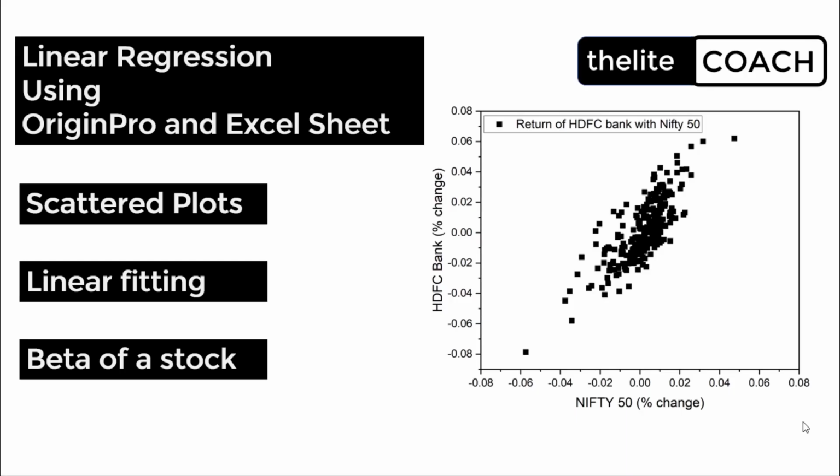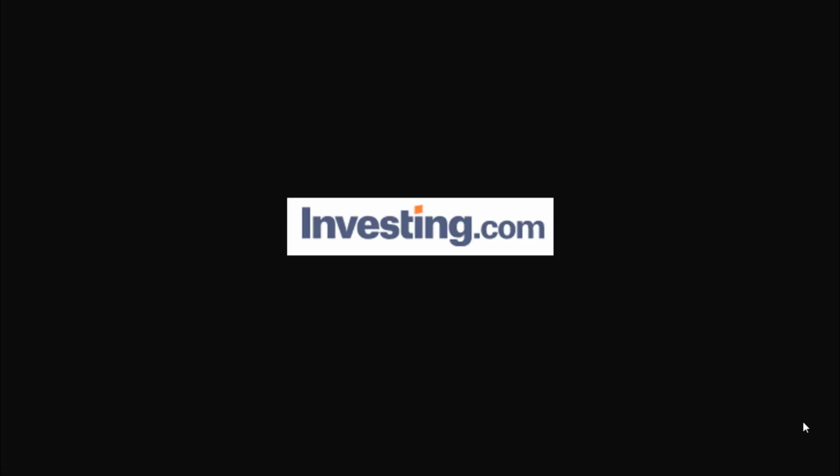So in this video, we'll be looking at the beta of a stock, and we'll be learning how to plot a scatter diagram and how to make a linear regression. To get the data, we'll be going to investing.com, and we will get the historical prices of a stock. We'll go for HDFC Bank, and then we'll compare its returns with the market, that is Nifty 50. So we'll compare the average of their returns to the HDFC Bank, and we can see if there is any correlation between the same. So let's go to the website and start downloading the data.